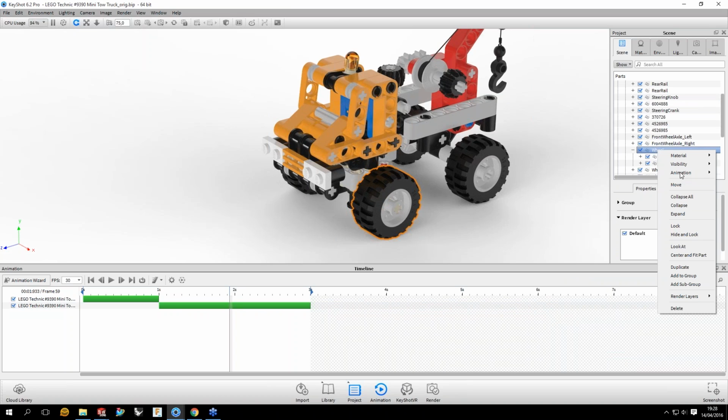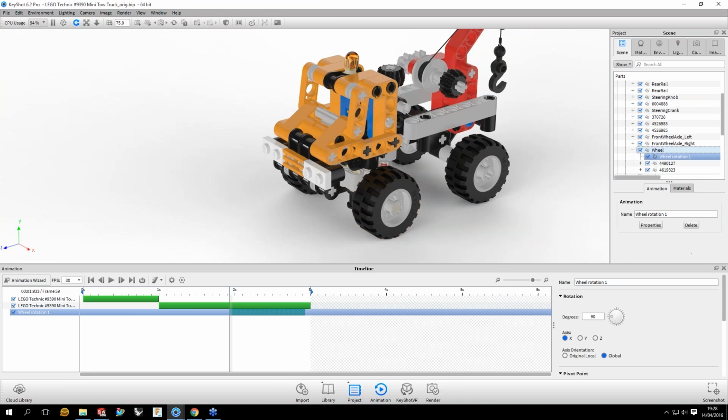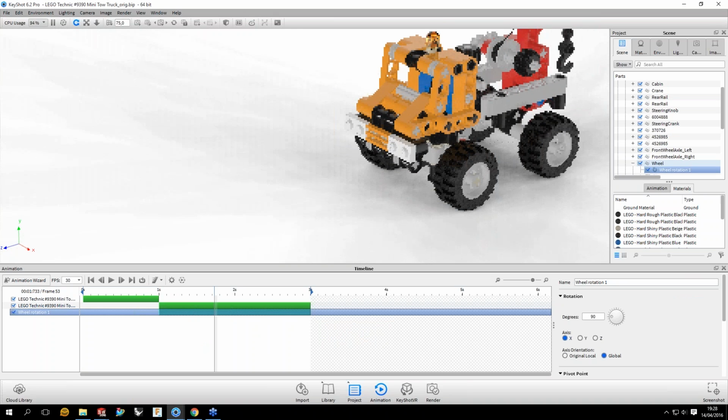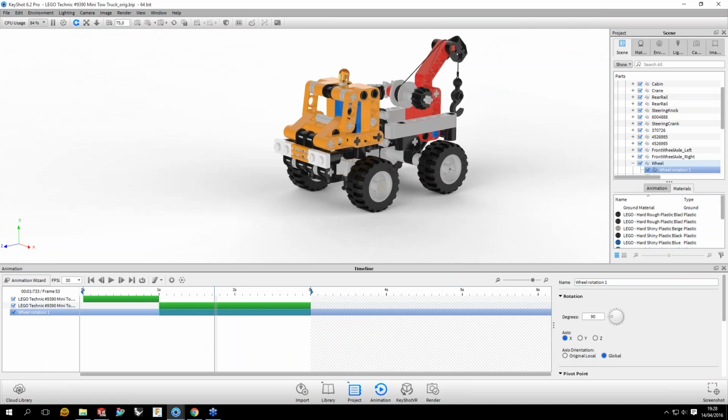I can right-click this one and select rotation. I will drag the animation to fit with my translation,